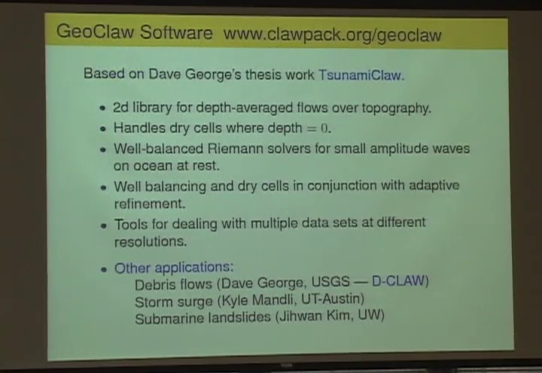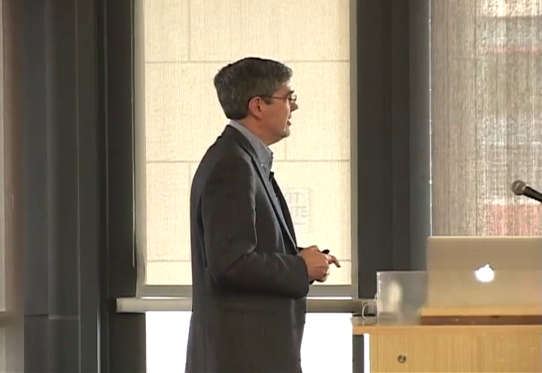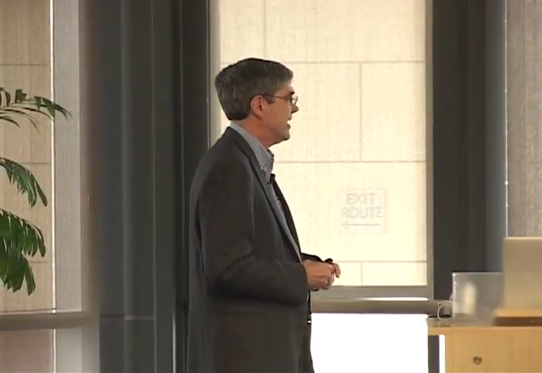So the software that we've been developing, Eric mentioned Clawpack, which stands for Conservation Laws Package, because initially we were looking at hyperbolic systems of conservation laws, equations that model conservation of mass, momentum, and energy, for example. There are various variants of this software that have grown out of this, and one of them is GeoClaw, which started with Dave George's thesis work when he was working on tsunami modeling. It was originally called TsunamiClaw, and then as we realized that it could be applied to lots of other things, we made it more general. So it's now called GeoClaw, and now actually they have a new version called D-Claw for the debris flow code that they're developing at the USGS.